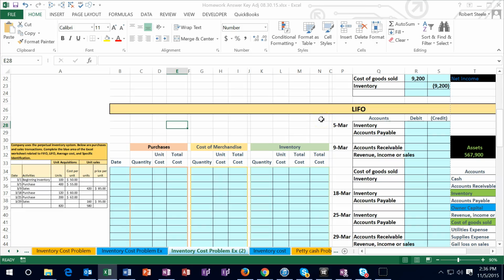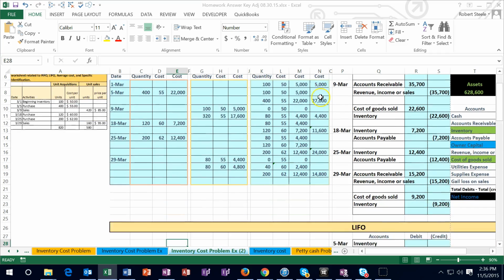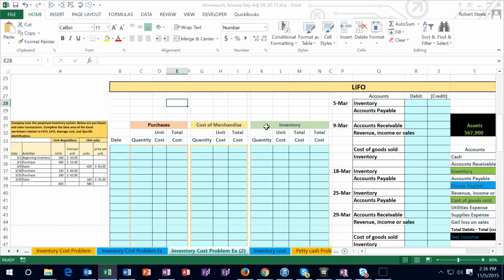Hello, in this presentation we'll be working a problem using the last in, first out, or LIFO method. Last time we worked the same numbers, these numbers here, with the first in, first out, or FIFO method. And these are the two methods that are the most distinct in nature. The answers in terms of ending inventory and cost of goods sold will vary basically the most generally between these